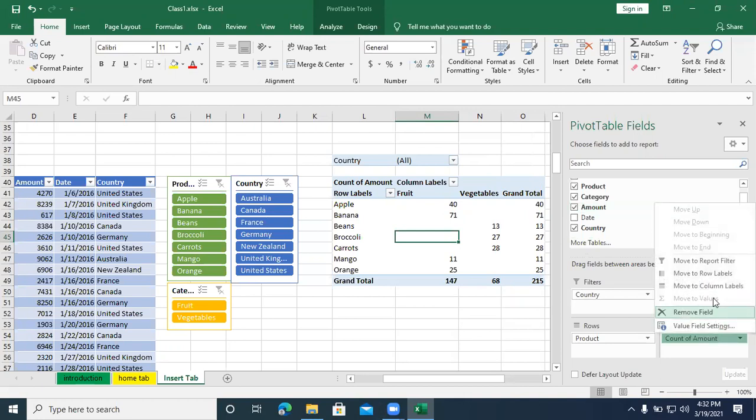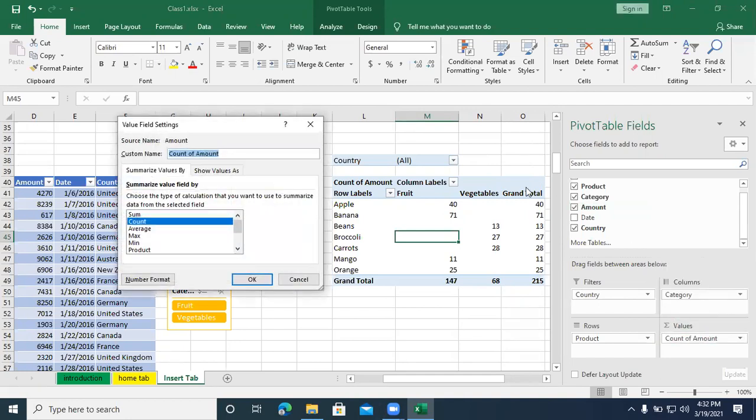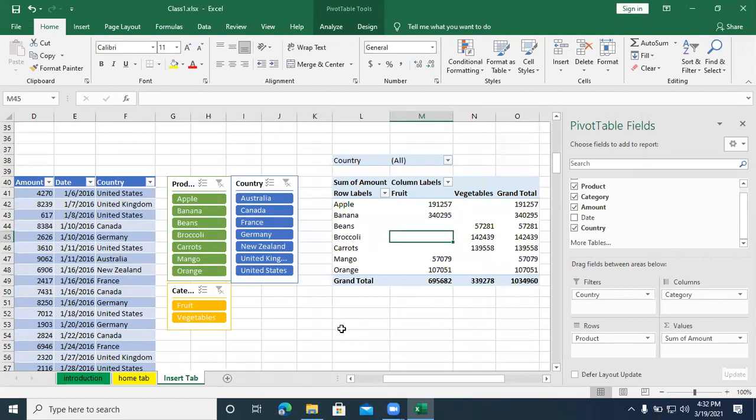Just click on this count of amount, go to value field settings, and I just choose sum instead of count. It's done.